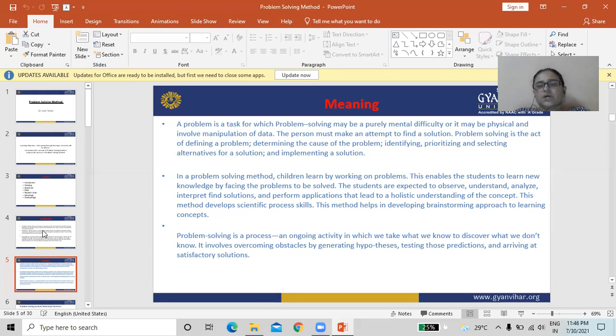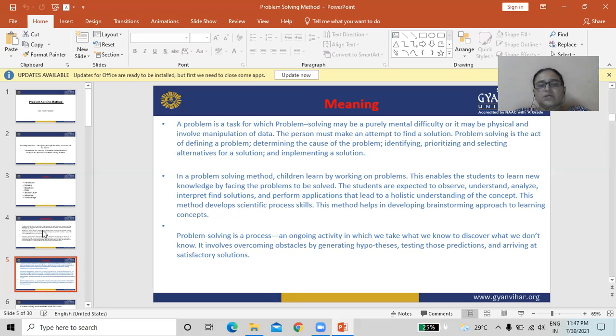The students are expected to observe, understand, analyze, and interpret, find solutions, and perform application that lead to holistic understanding of the concept.